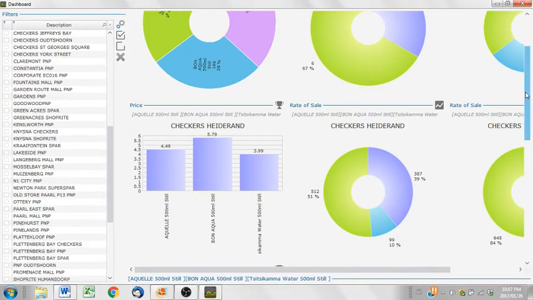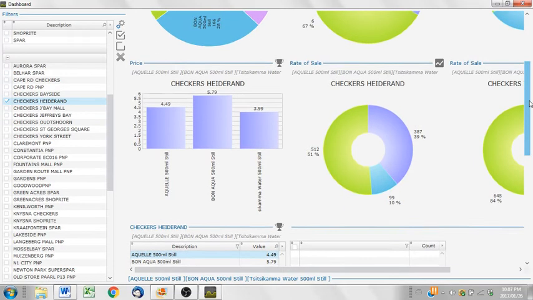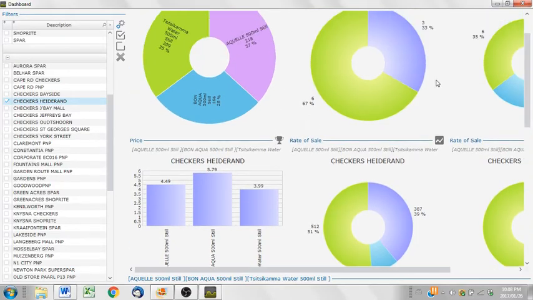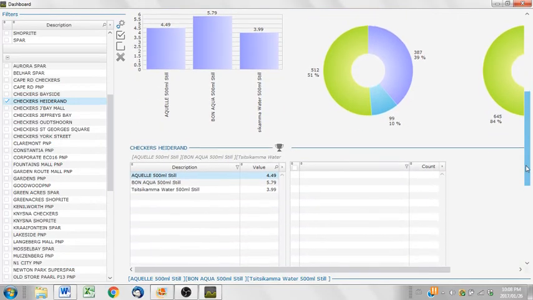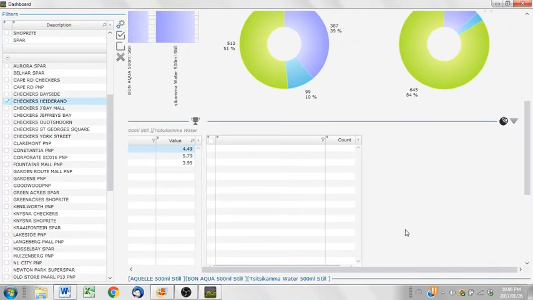We've got another tile just below it showing exactly the same data. It's just in a table format. All of this data you can export to Excel, and all your selections that you've made here will be exported to Excel, and you can use it differently as a raw data category if you like. These two tiles show us